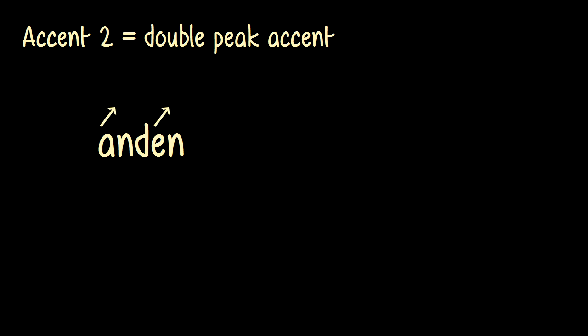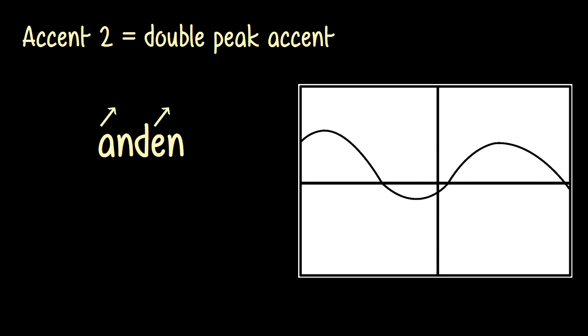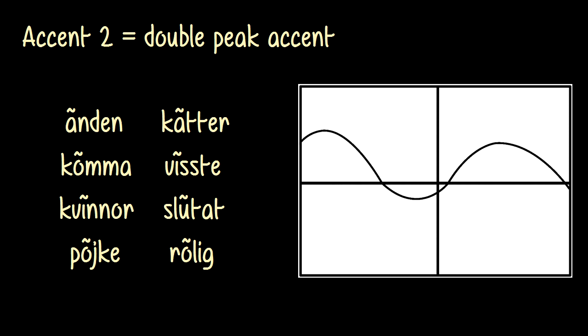Alright, for accent 2, this is when it's getting weird. But weird does not equal hard, so bear with me here. Accent 2 is characterized by a double peak in pitch. What I mean is that the pitch rises in the stressed syllable, which is similar to, but quicker than in accent 1, and then it also rises again in the following unstressed syllable. Here's the more technical depiction of this. And now let's listen to some words with accent 2. Anden, komma, kvinnor, pojke,